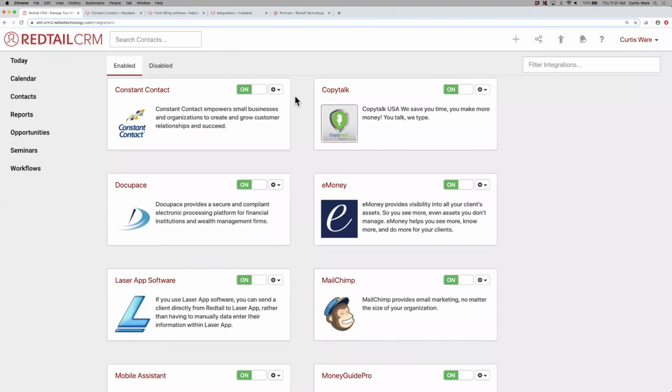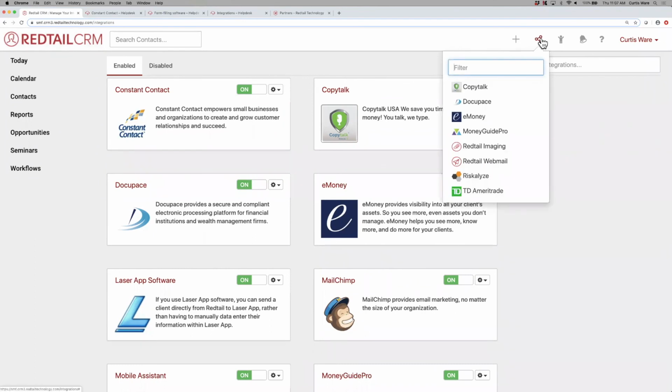Now, I also want to point out that up in the top right-hand corner, we have the integrations icon. A lot of the time I see people who have every single integration turned on, and maybe you don't use every single integration. It's actually probably almost impossible to use every single integration. For instance, you'll see that I have things like DocuPaste and eMoney and MoneyGuide Pro. Like, these are there, but maybe I don't want them visible, or maybe I want to add to